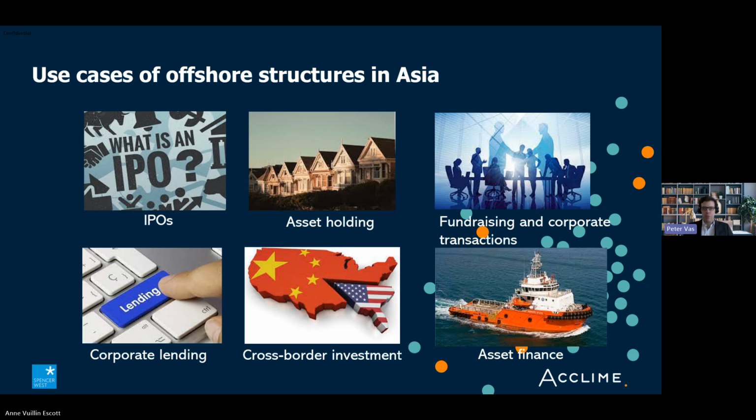In the asset finance space, offshore structures are commonly used to facilitate bankruptcy remoteness, off-balance sheet treatment, and they also permit limited recourse provisions to be used. Now, I'm not going to go into details of this, but effectively, the way it works is that the chain of ownership between the relevant offshore special purpose vehicle is segregated from the rest of the corporate group. If I could have the next slide, please.